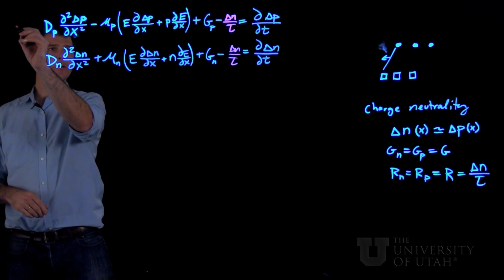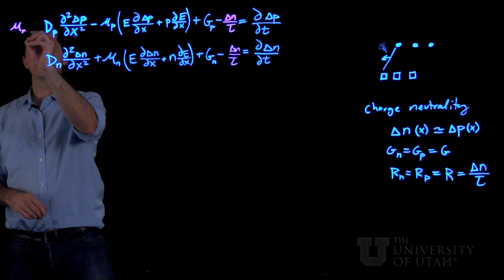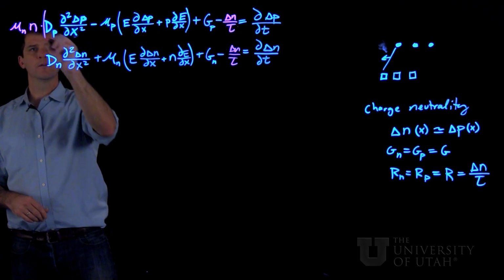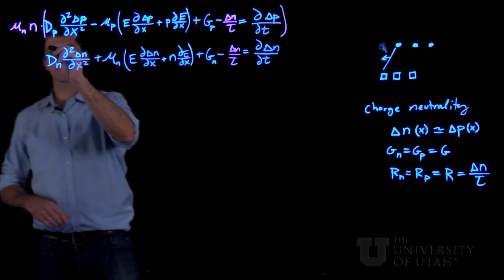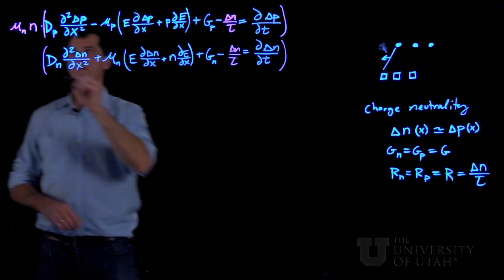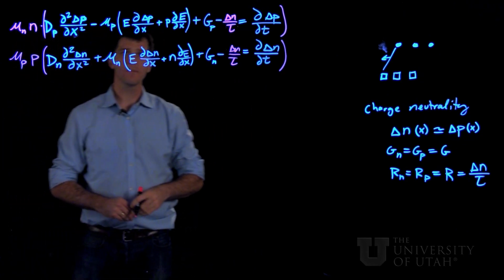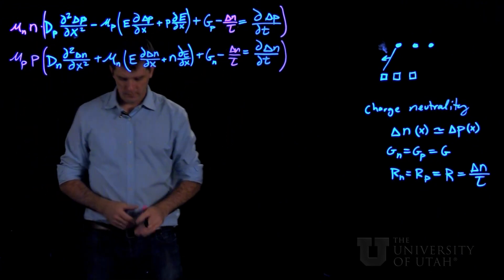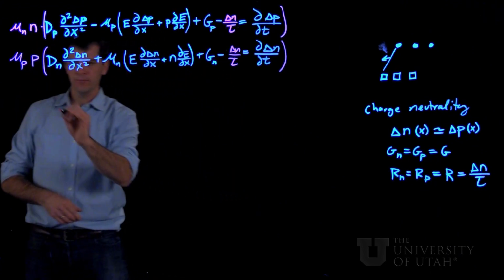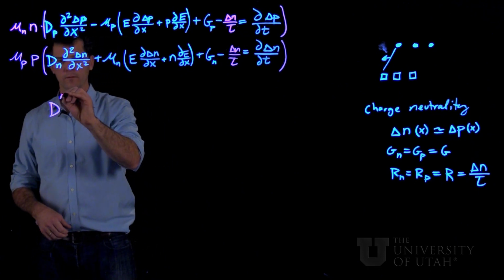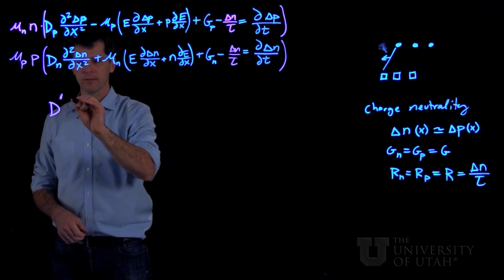So if we multiply this equation by mu n times n and multiply this whole equation by mu p times p, and then add them together, we can get a much simpler form where we define a so-called ambipolar diffusion coefficient,